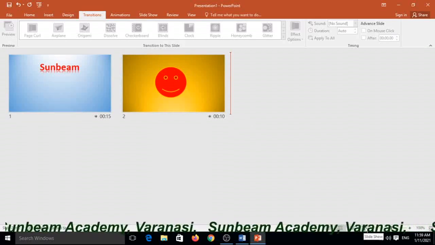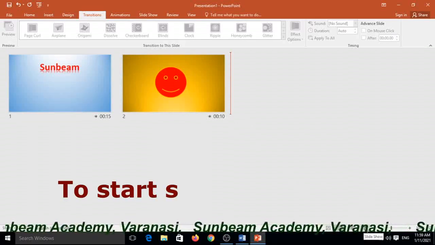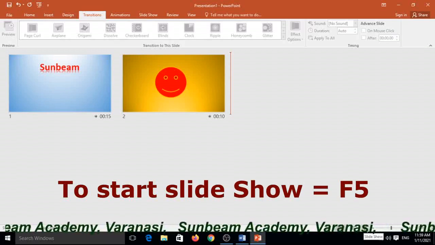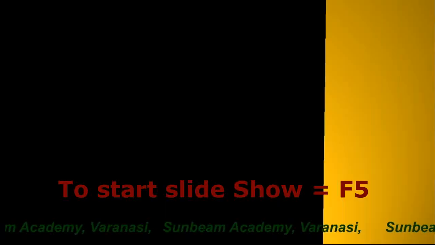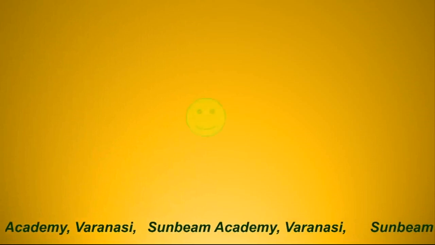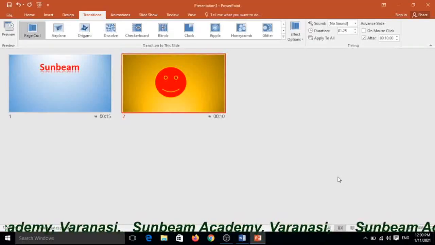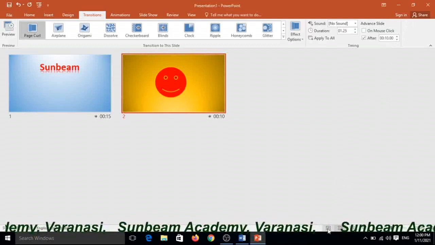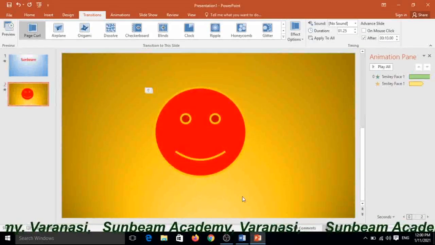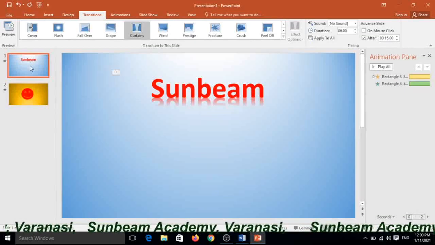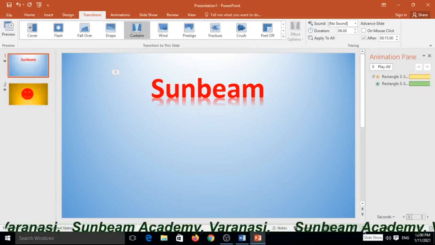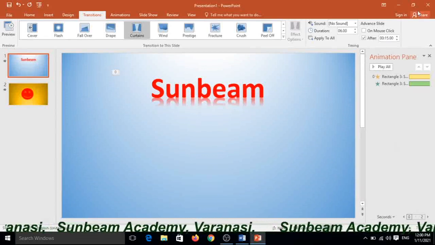You can also press the F5 button, the function button of the keyboard. Yes, choose the normal, and then after choose the first and click on slideshow view.